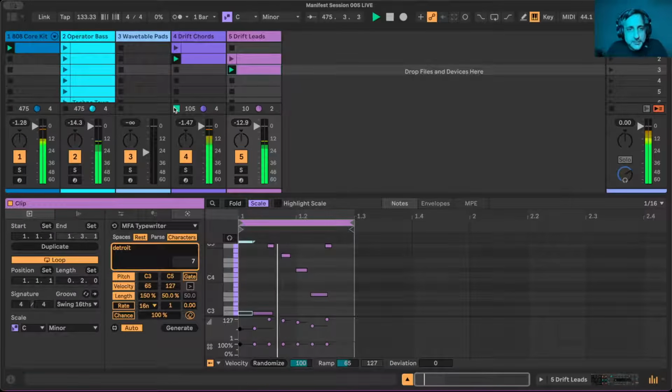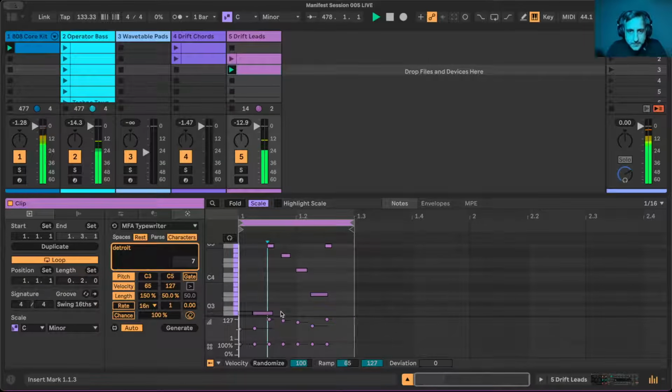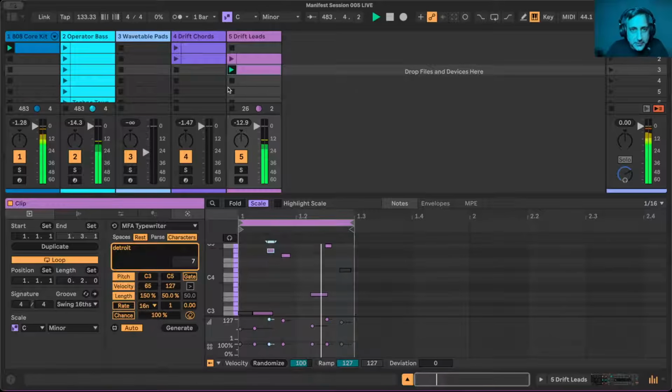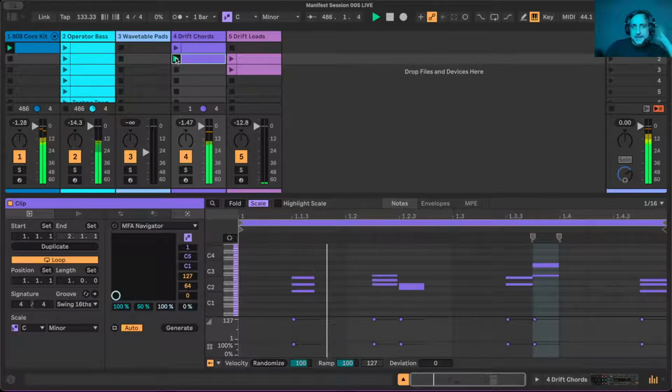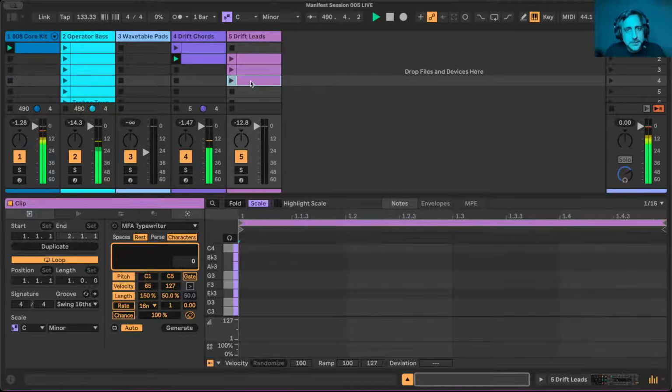Okay, this is getting way too busy. I'm just going to pause the chords for a second. It's giving some Detroit bleep energy. I'm not really feeling this, to be honest. I think we were doing fine before I started trying to force it with the Typewriter. So let's go back to my original idea flow, which was to stick more with the Navigator for now. Typewriter is really fun. I encourage you to play around with it, but I suppose you could say it's a